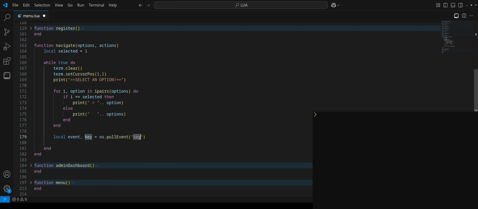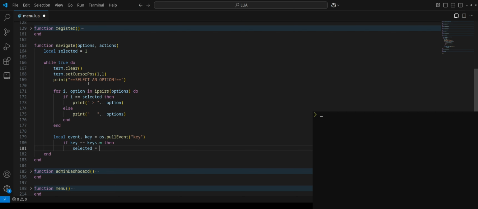This key here, when we press whatever we press, is going to get stored in this variable. We need to actually make sure it's the right key we want. I'm thinking for this, I'm going to make the W key go up and the S key go down, and then you'll hit enter to select. If key equals keys.w, then